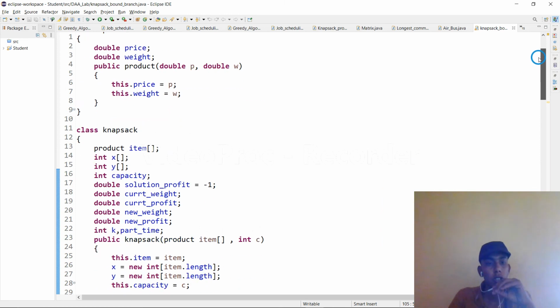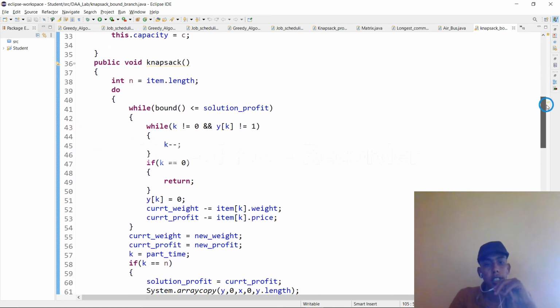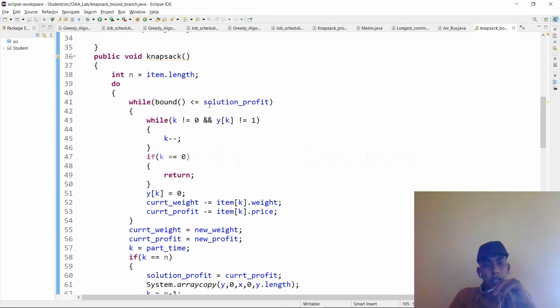According to that, it is checking whether it is less than solution profit. Solution profit will initially be 0, and it will check whether it is less or greater. If it is less, then while k is not equal to 0 and y of k is not equal to 1, it will check y of k whether it is not equal to 1, it should be 0.